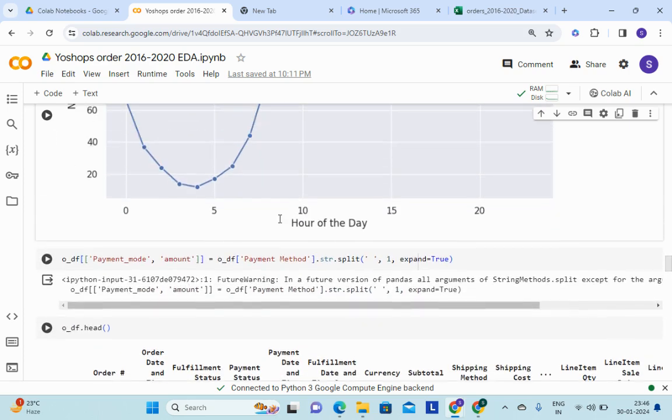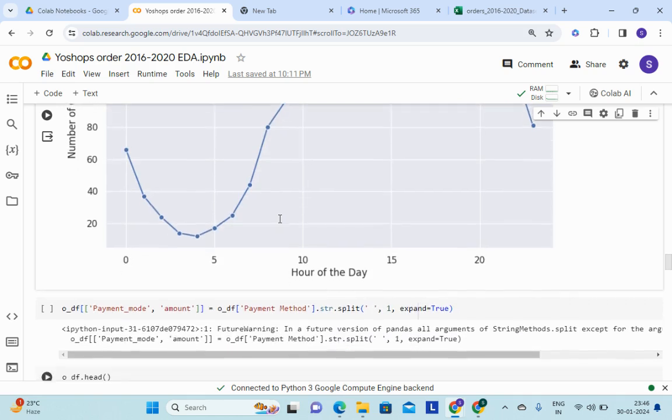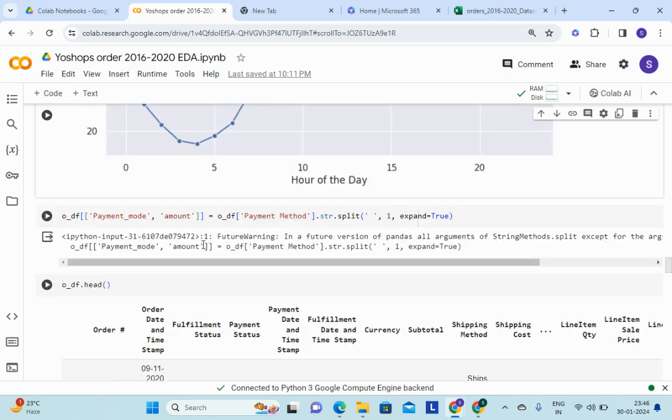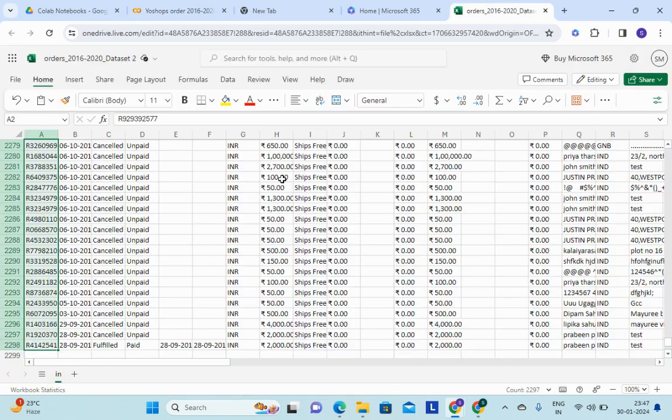Now next, in this particular portion, what I have tried to analyze is the payment modes: whatever orders are being placed or purchased, what are the payment modes used by the customers. To do that, as we can see, there is a payment method column in our dataset. And if I go to the payment method exactly in my Excel file,